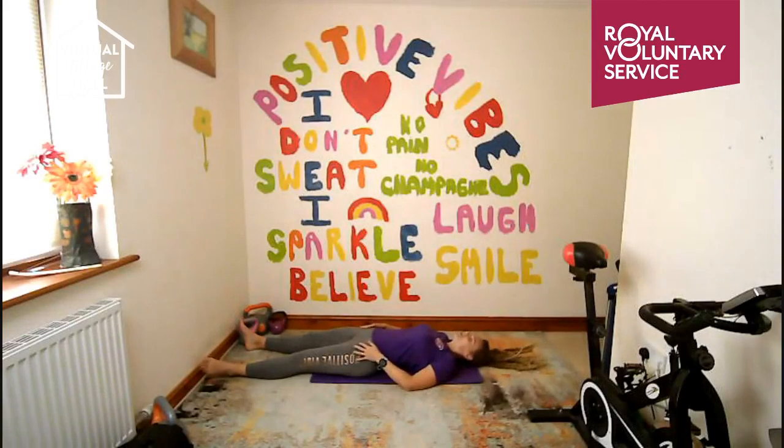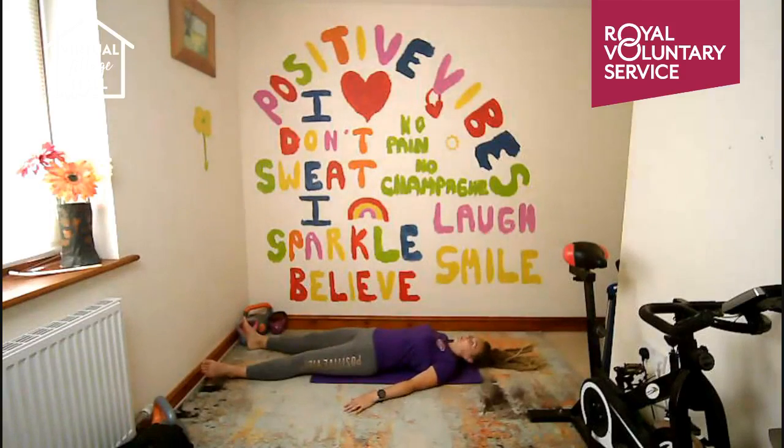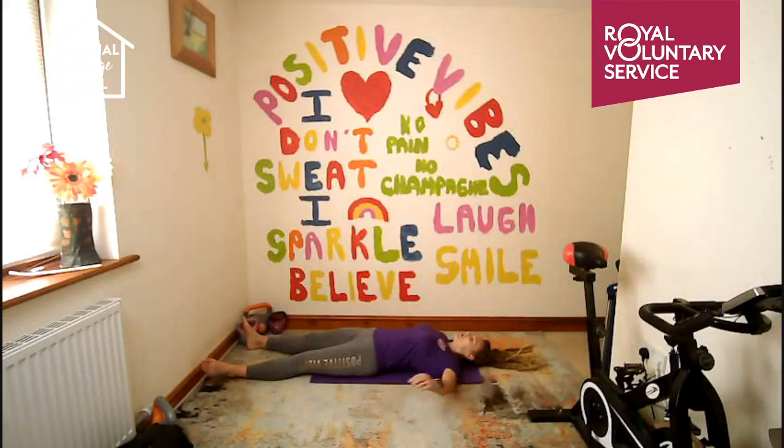If you're on the floor, take your legs wider than hip width, let your feet flop out, arms down by your side, and just allow your body to relax down. Okay, very gently, if you're on the floor, take your arms above your head